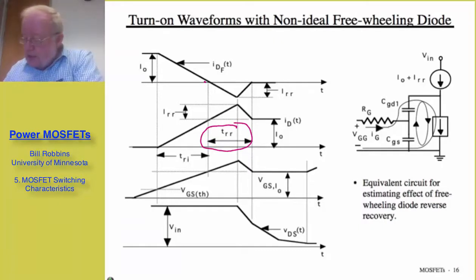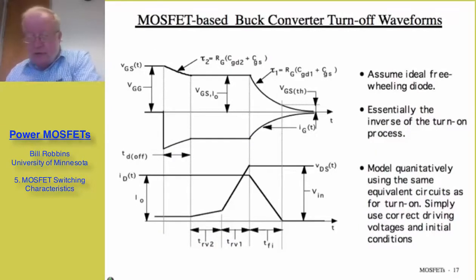I'm not going to discuss in detail the turn-off characteristics because it's just the inverse of the turn-on. We start with a large gate-to-source voltage, the overdrive value, and at t equal to 0 we either set the gate drive to 0 or a negative value. At t equal to 0 the gate-to-source voltage begins to decay until it decays down to the value just needed to keep the current at I_0. And in this interval we'll have a constant current,